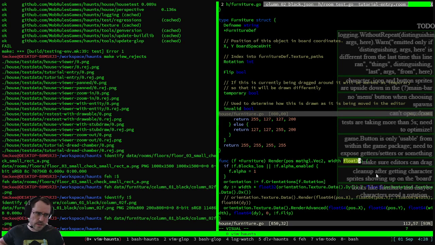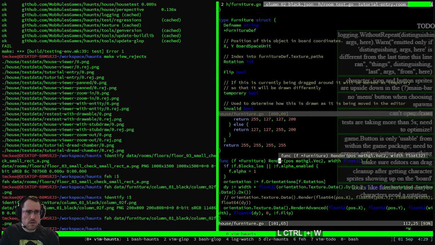You want to cover half a tile or 3.5 tiles. For the column, it's going to be 1. Why is it going to be 1? It's going to be 1 because